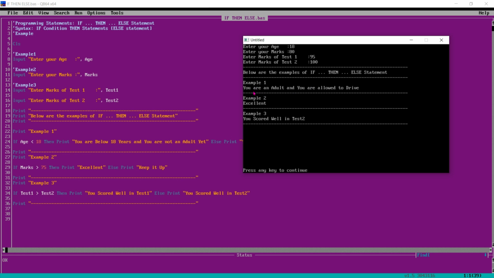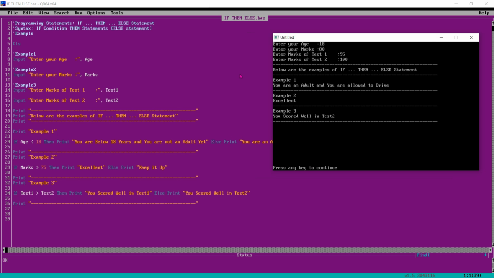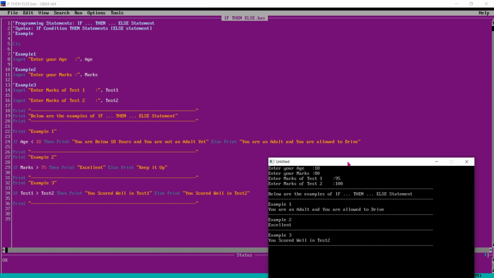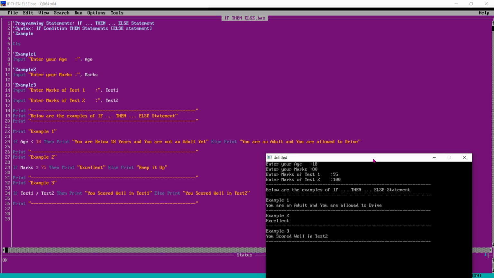So for example 1, you are an adult and you are allowed to drive, because this is greater than 18, so it goes to this condition. For example 2, marks is more than 75, so this is excellent. And for example 3, the marks of test 2 are higher than test 1, so you scored well in test 2, right?